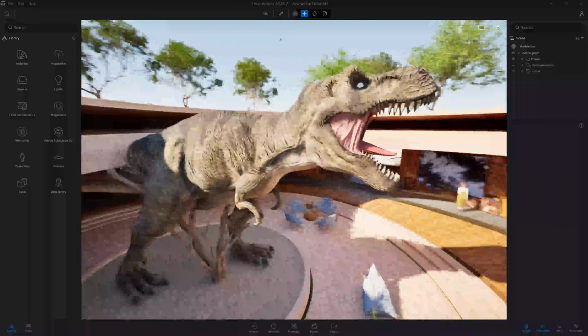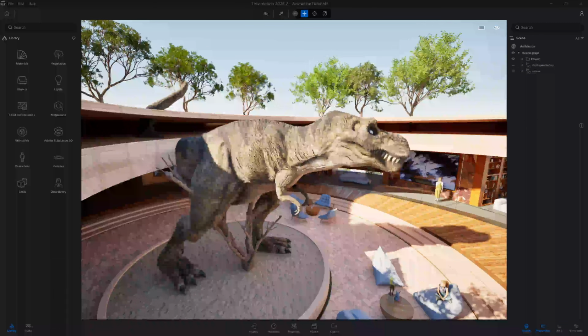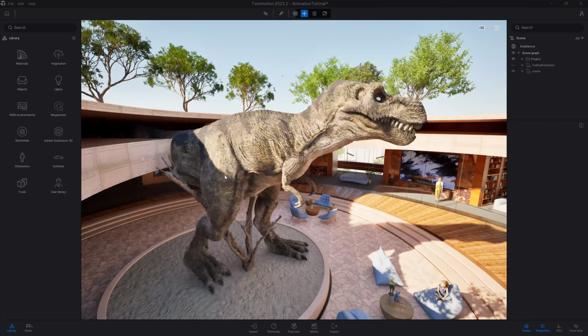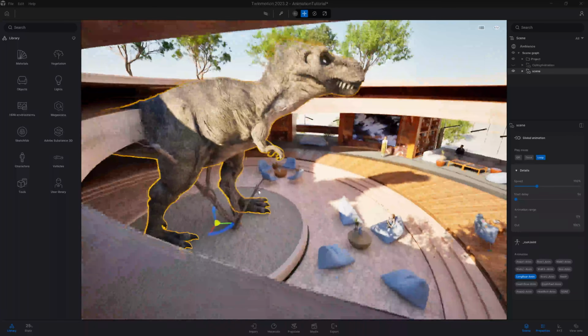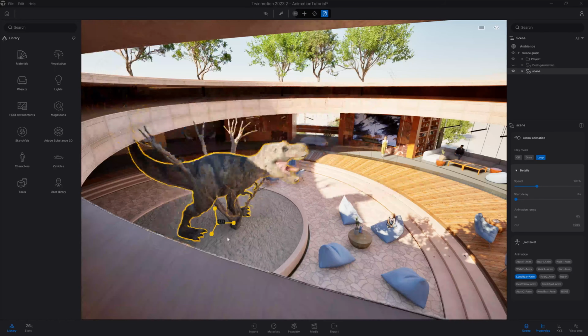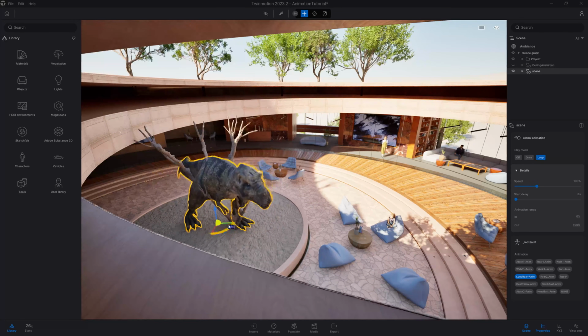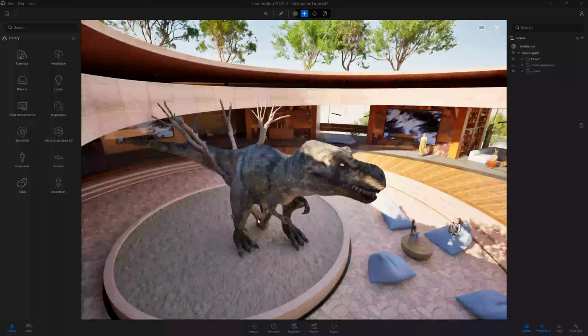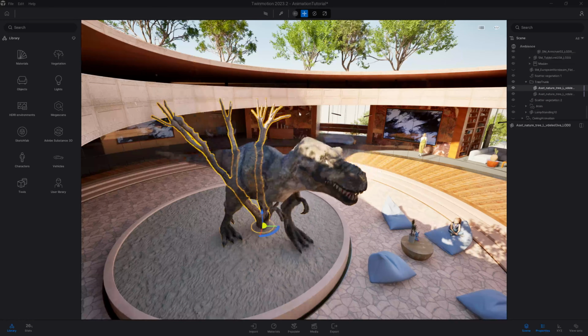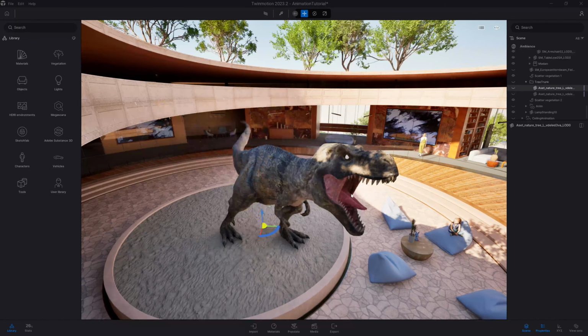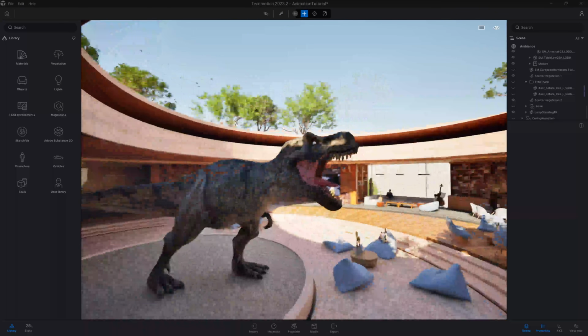So right now there are a few things that I don't like inside this project. First, it's a bit too big and doesn't really fit the interior, so I'm just going to rescale it down a bit. I'm going to leave it in the middle. I'm just going to hide some of those trees that we can see here. So now that's a bit better.